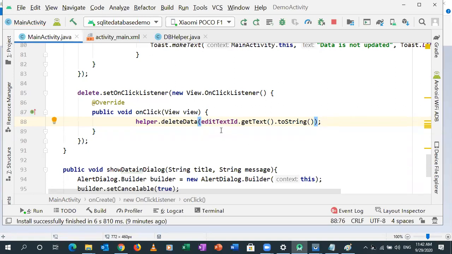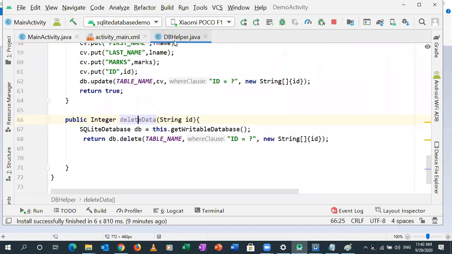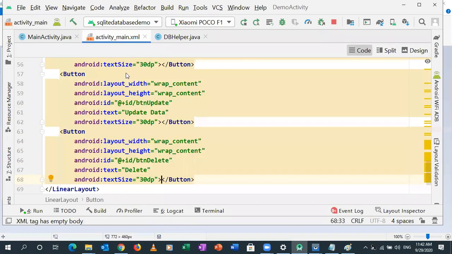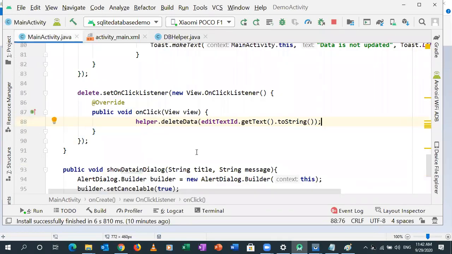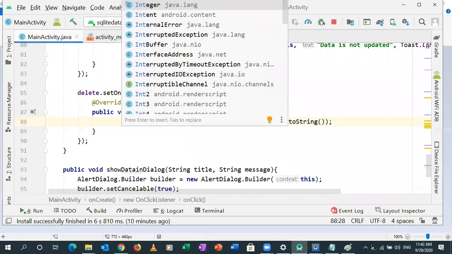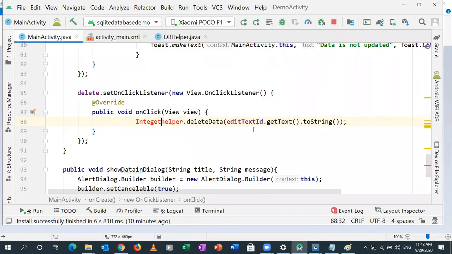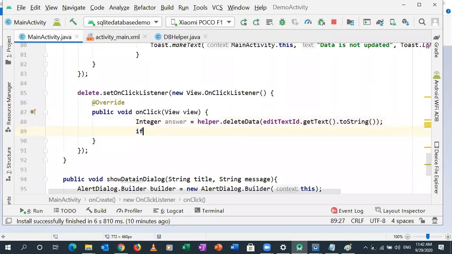Whatever ID I write in the edit text, it will pass in this method, which is delete data, and it will delete the entire row where the ID matches. And after deletion, what will I get? I will get the integer value. So let me write the type also. Integer answer, and here I can say if my answer